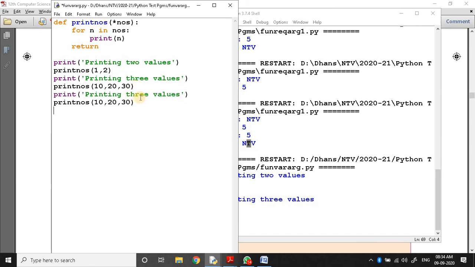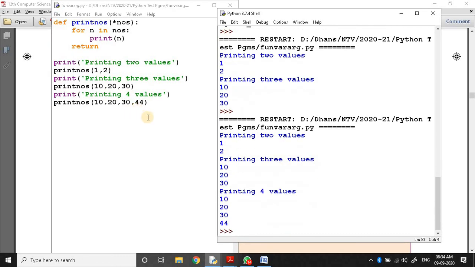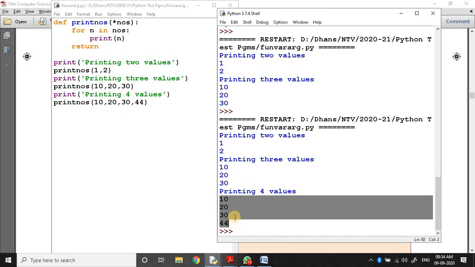Printing 4 values, comma 44. Again run the program: the same function will be executed with 2 arguments, with 3 arguments, and with 4 arguments. That's all.